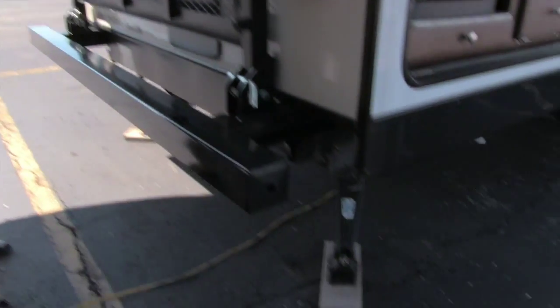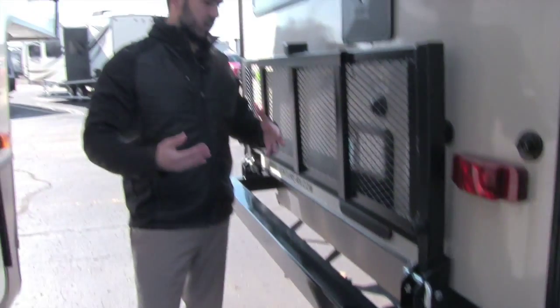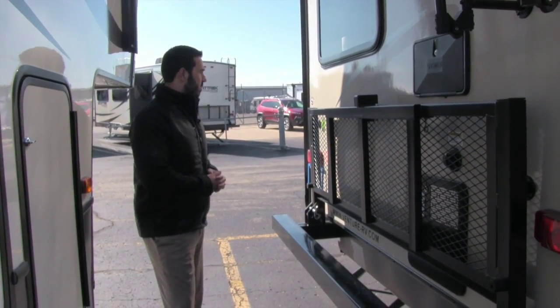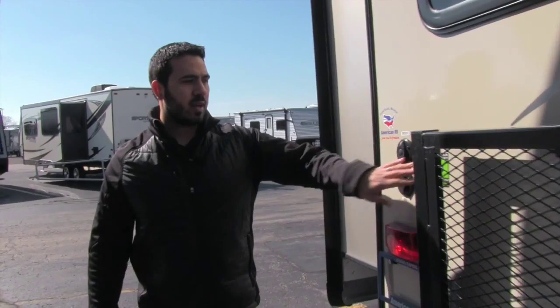Down in each corner, you are going to have BAL upgraded jacks. Those are going to come up and down a lot quicker. They're going to require a lot less turns, and because of the angle, they're going to be more stable than your standard scissor jacks. Right over here is going to be your satellite and your cable connection,